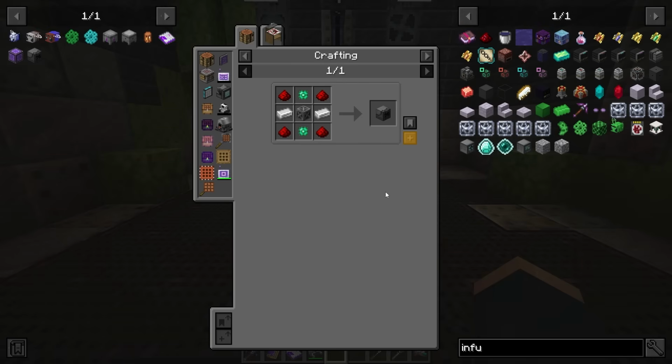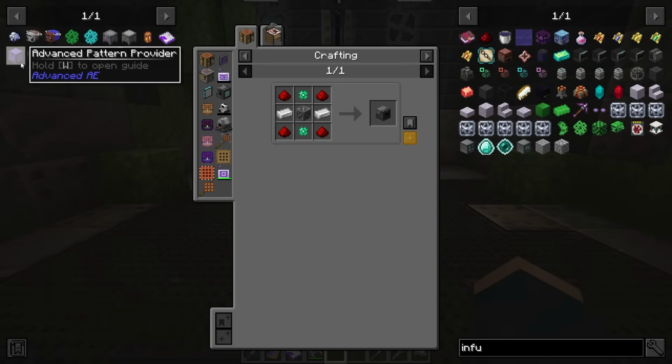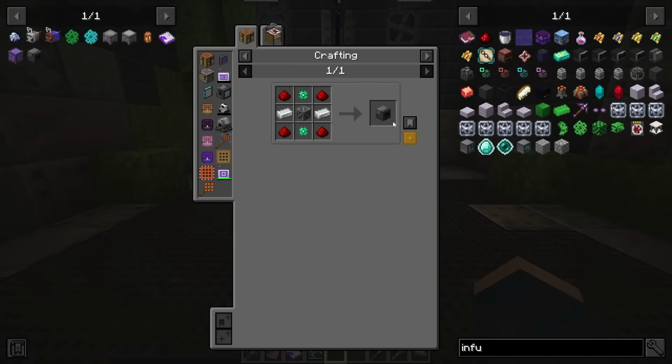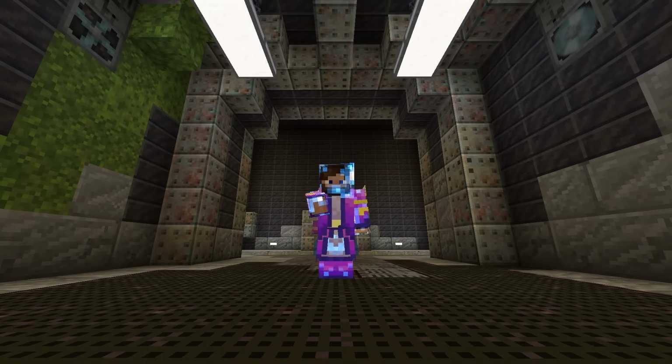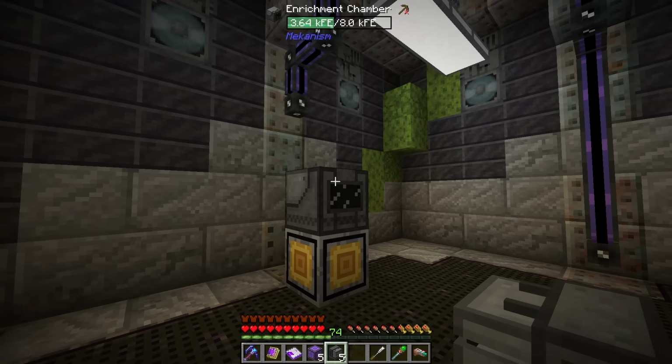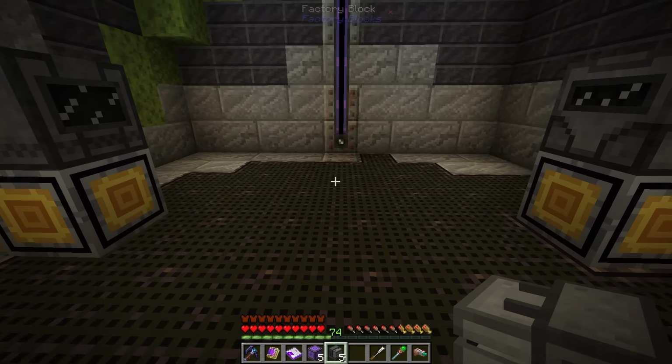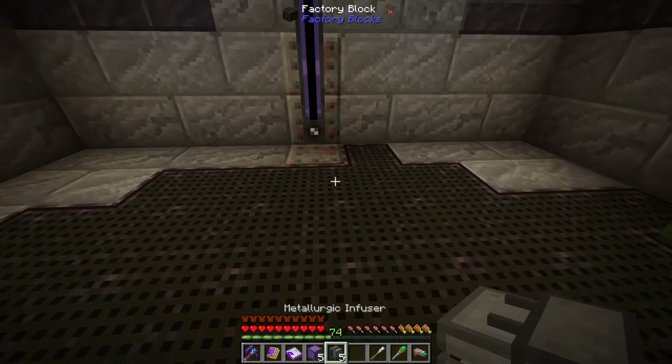Later on, you can do more than one connected to this pattern provider, right? We could have like 4 machines all connected to one pattern provider, which would be kind of cool. But for right now, we're mainly going to focus on just having one per pattern provider and kind of go from there. So I have myself an enrichment chamber. I also have an osmium compressor right here. We're going to have more machines in here in the future, but